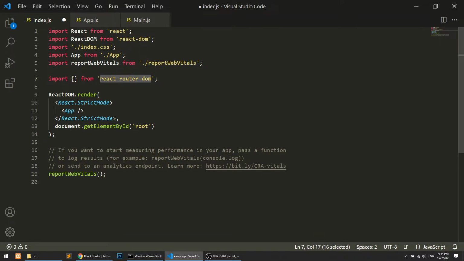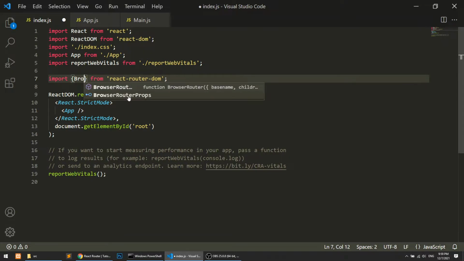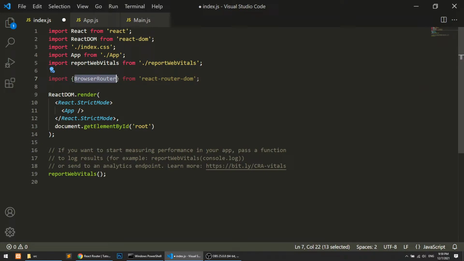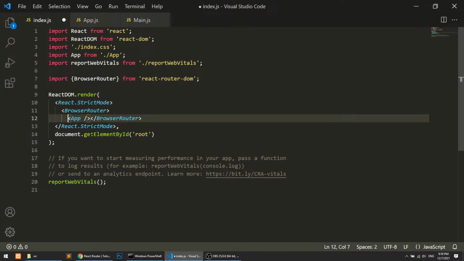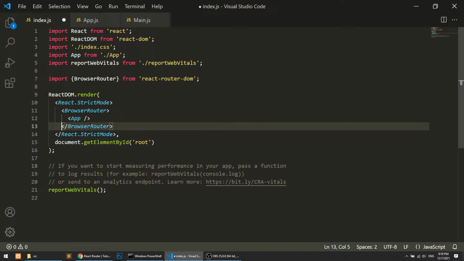Here I will import BrowserRouter. I will wrap this whole app in a BrowserRouter so that we run this application via React Router DOM. So I have wrapped it with BrowserRouter.